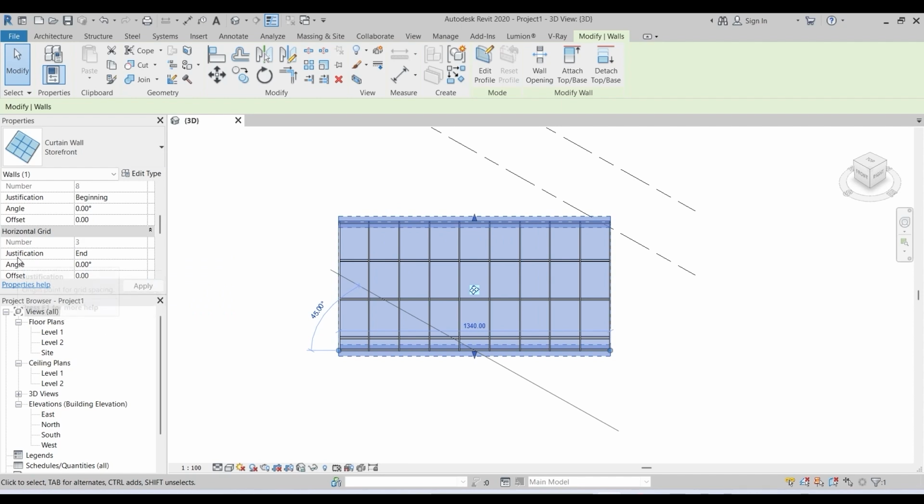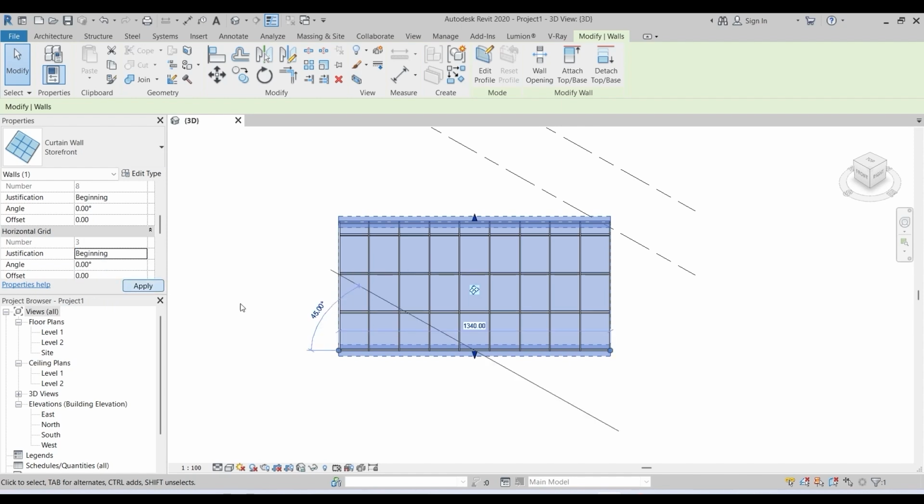And here you have this justification, end, and let me change it to beginning, and you see what's going to happen. You see here the horizontal mullions are shifted upwards. So this may be the end. Okay,